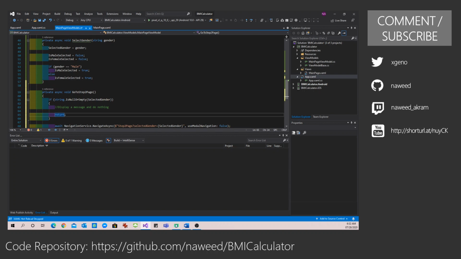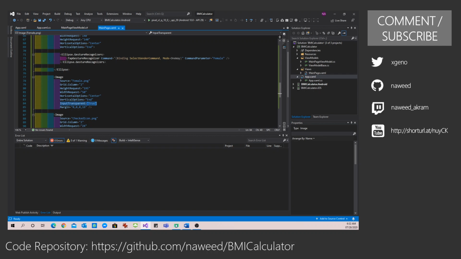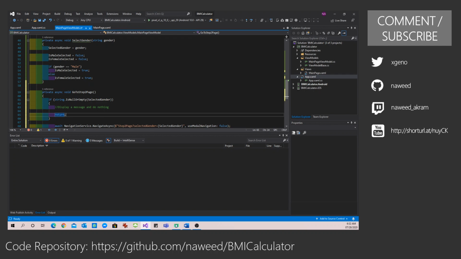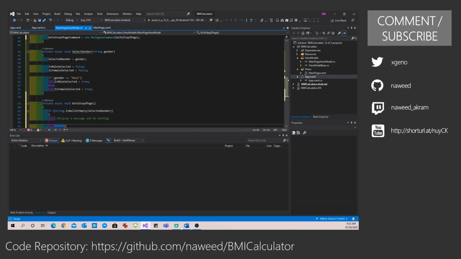How do I display a message in my view model? If you know, the display messages or the alert messages are bound to the UI itself. So of course in my main page code behind, I can go and I can display an alert, or I can display an action sheet. I can do all of that in my view, in my UI, but I cannot do that in my view model. Luckily, one of the things that Prism provides us is the page dialog service, which we can use.